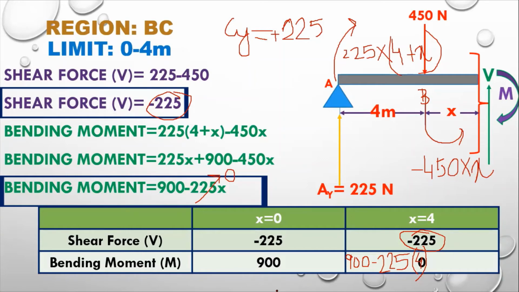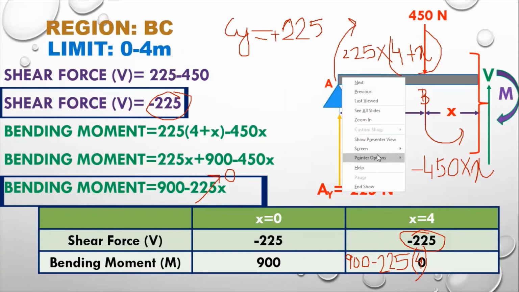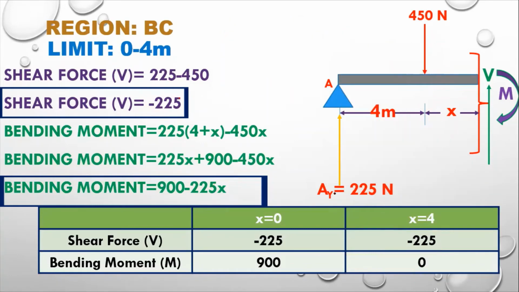And the bending moment should also be 0. So keep it in mind, if it is so, then your answer is correct. So I am moving towards the next slide. Let me rub this, it is all ink from the slide. Now I am moving towards the next slide, and I will mark B here because I forgot to write it down, so it will help you to understand more clearly.